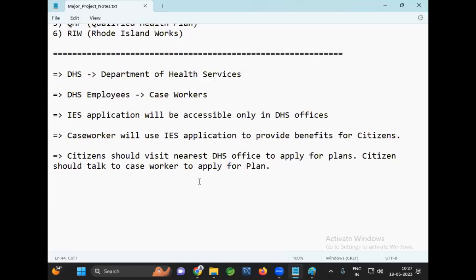Maintaining the data is the problem. Determining who is eligible and who is not eligible, how can you determine manually? Can you check what is his age? Satisfied. What is his income? Satisfied. Can you check manually? No, that is a problem. So if you want to provide such kinds of benefits for citizens in a government, maintaining that data manually and determining who is eligible and who is not eligible is a very difficult task. To automate that process, we are developing this project. Good.